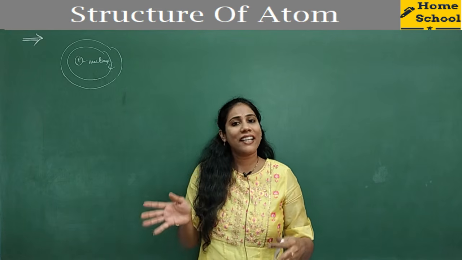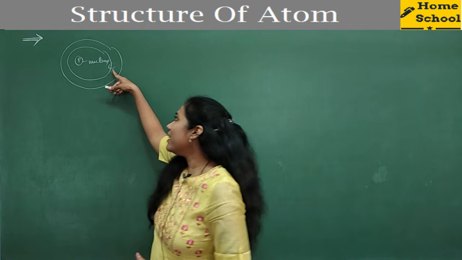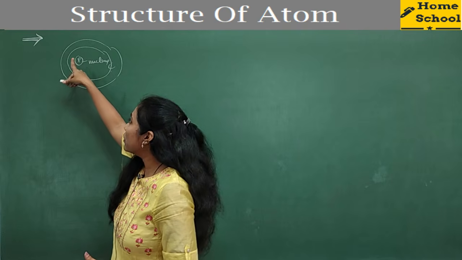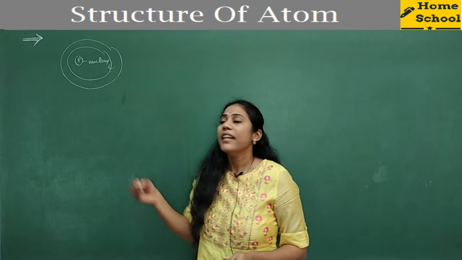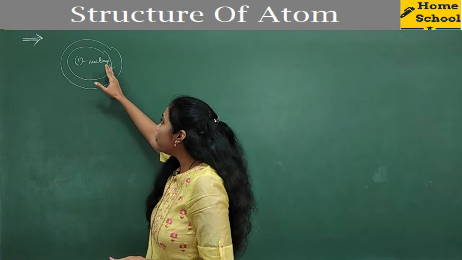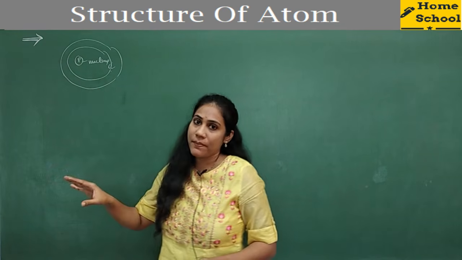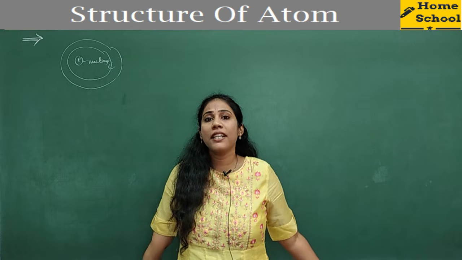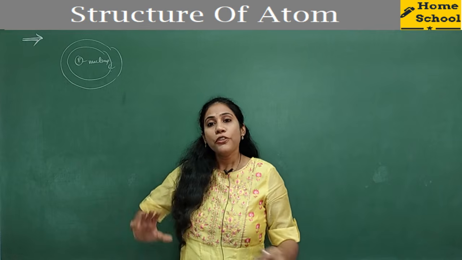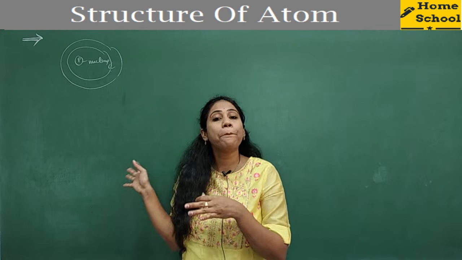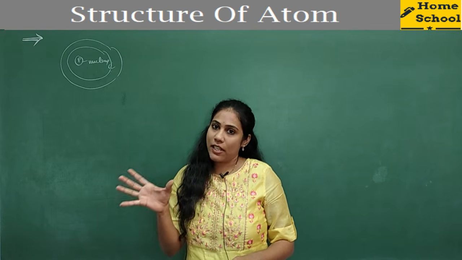But still, Rutherford's model had a certain level of limitations, right? Actually, what was the limitation of Rutherford? Whenever an electron is rotating around the nucleus, the electron is a charged body. So whenever a charged body rotates continuously, it loses all its energy and you may have chances of this electron falling onto the nucleus. So once the electron falls on the nucleus, the atom is unstable, right? So that was the limitation of Rutherford. So came another model called Bohr's model. Bohr gave some detailed aspects about the structure of atom.